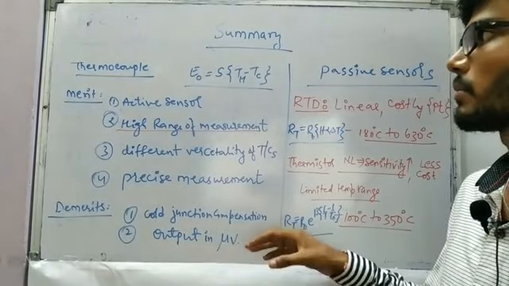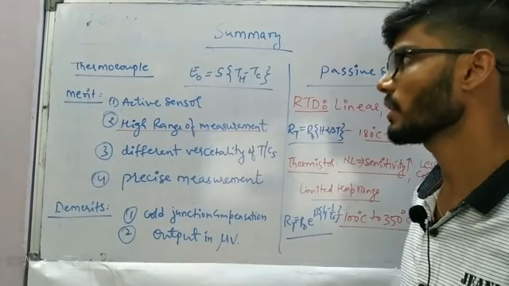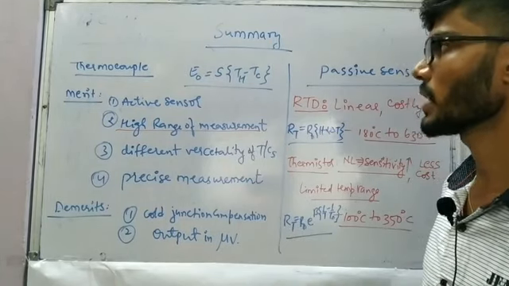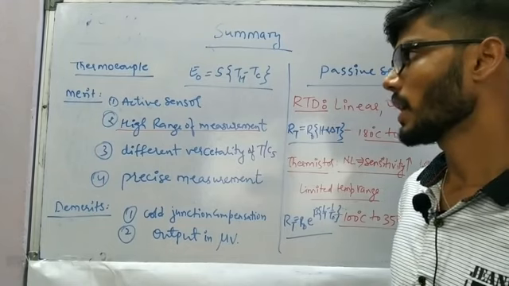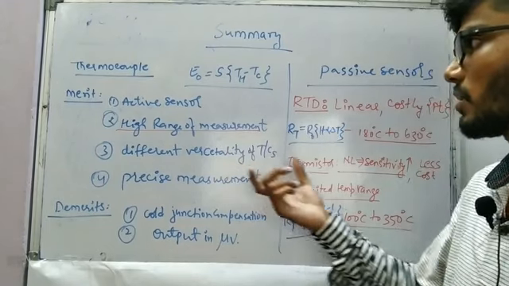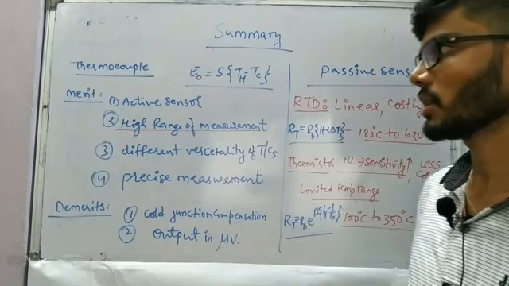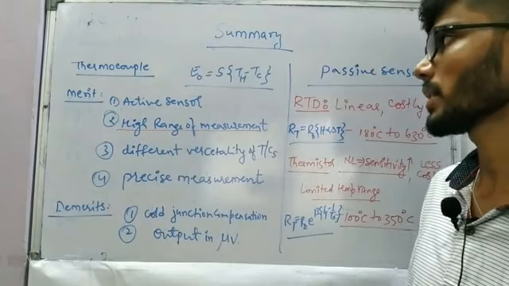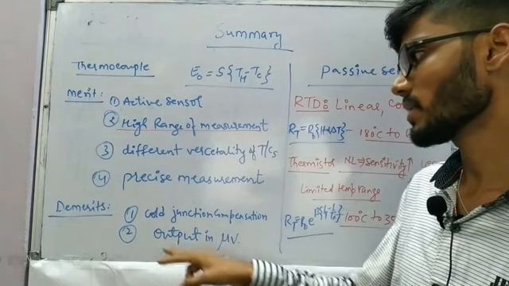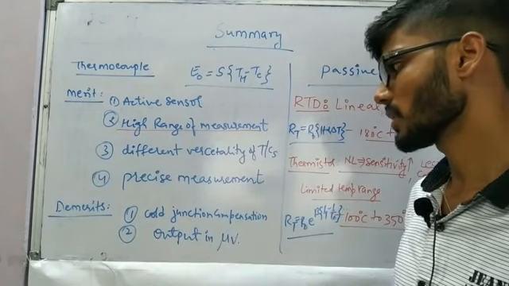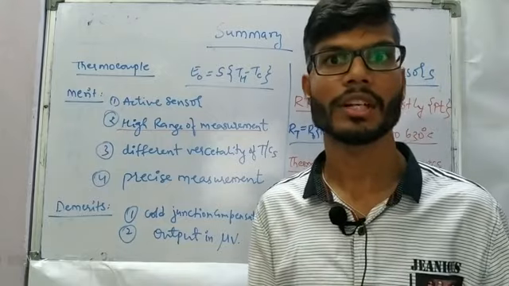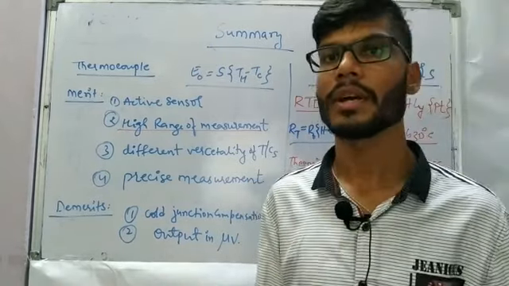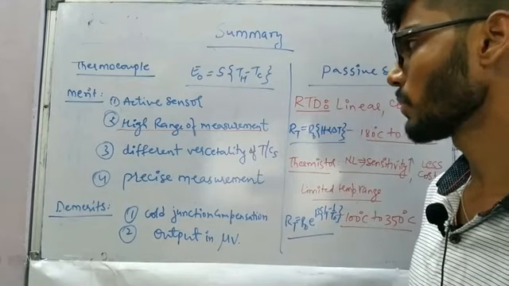And in the case of the thermocouple, it is going to be an active sensor, and the output is going to come as E naught is equal to sensitivity into T hot minus T cold, and it is going to have a high range of measurement compared to the RTD and thermistor. So in industries, this is the most rugged sensor which we use, but it has the demerit that we need to do cold junction compensation, and also as we have seen, the output is going to be in microvolts. So either we need to make use of a thermopile or we need to amplify the output voltage.